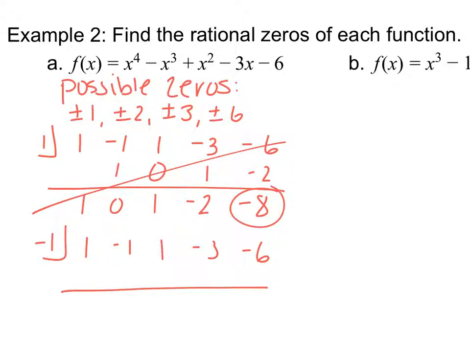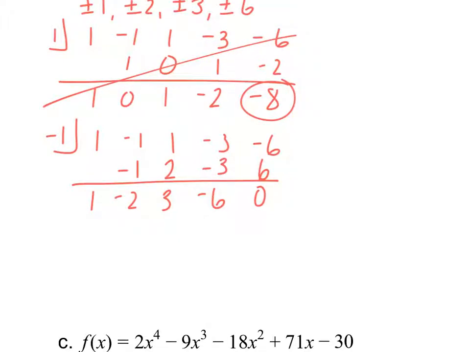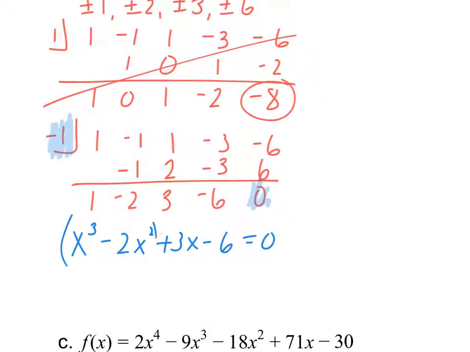Okay, if I do the same thing with negative 1, I find that negative 1 is a 0 for this particular function, okay, because the remainder came out to 0. So what I'm left with is x to the third minus 2x squared plus 3x minus 6, and I can solve this through factoring. So I have x squared times x minus 2 plus 3 times x minus 2